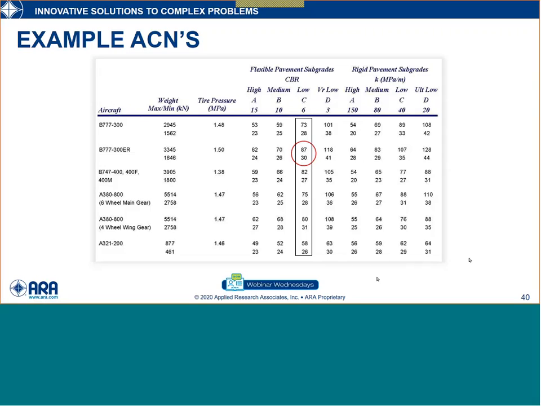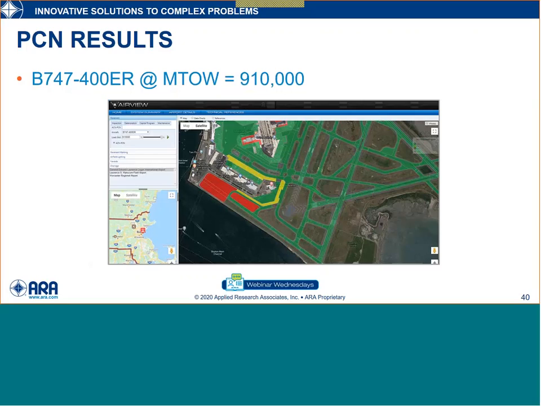So if you're not an engineer, maybe an airport administrator, you might be thinking, this is kind of complicated. Surely there's an easier way to figure out if my pavement can handle a certain aircraft type. And that's something we've heard from a lot of people. So one of the things that we developed to simplify the reporting of that was built in some drop-down windows into our AIRVIEW, where a user can go in, they can select an aircraft, and the software will automatically match that to the proper PCN code and generate a 3-color operational map showing where that aircraft can operate and where